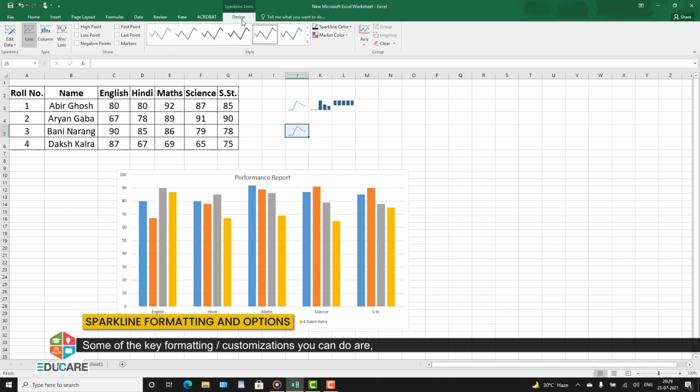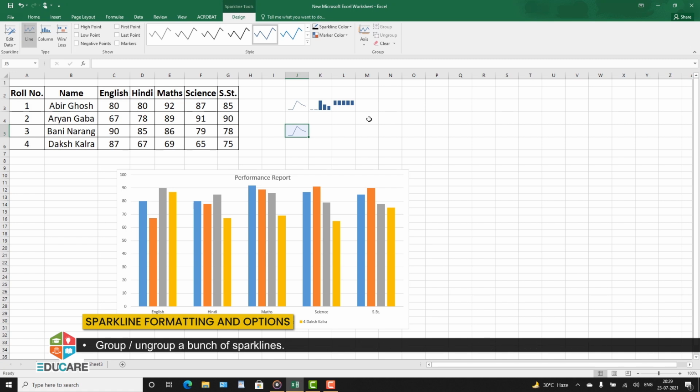Some of the key formatting or customizations you can do are: change the sparkline type, change the source data or target cells of sparkline, set different colors for first point, last point, highest and lowest points, applicable for column and line chart types. Set axis options, show or hide axis, set minimum and maximum value for vertical axis, set axis type to date axis, etc.